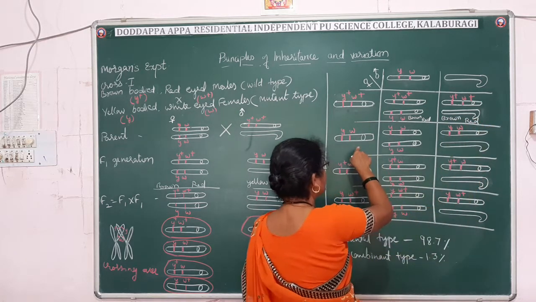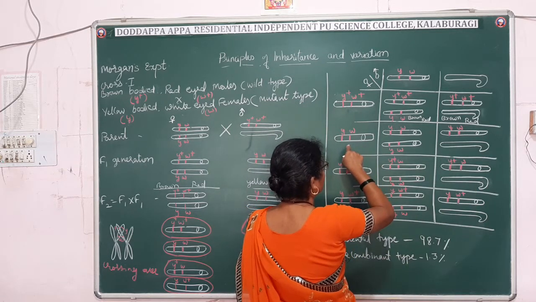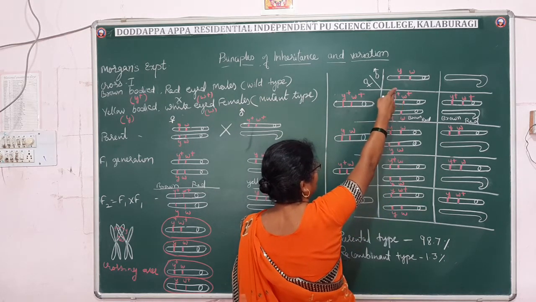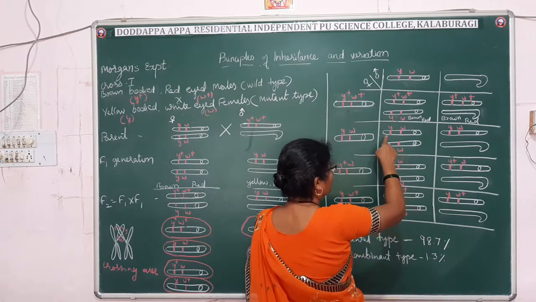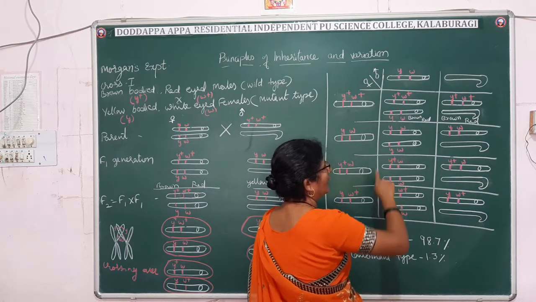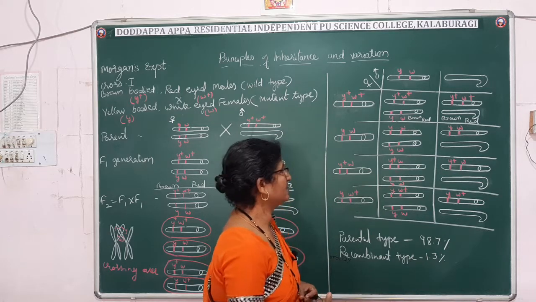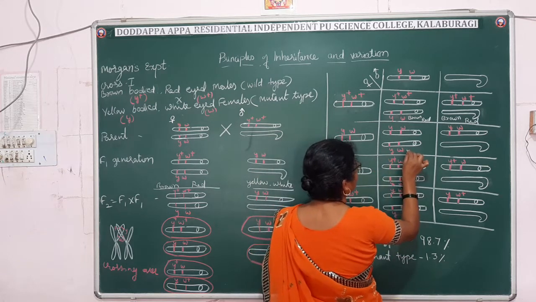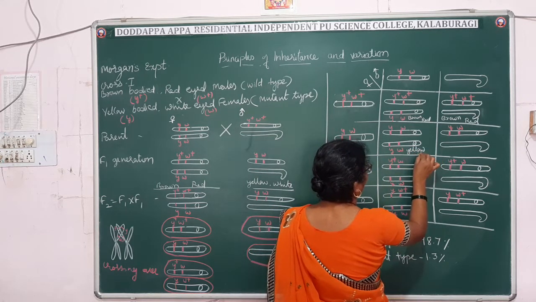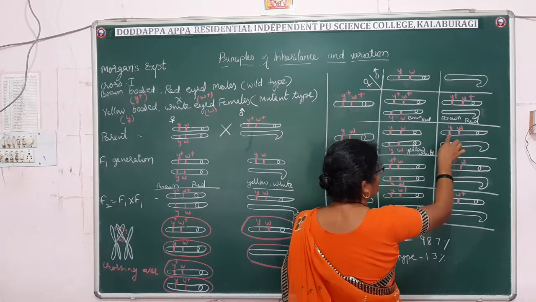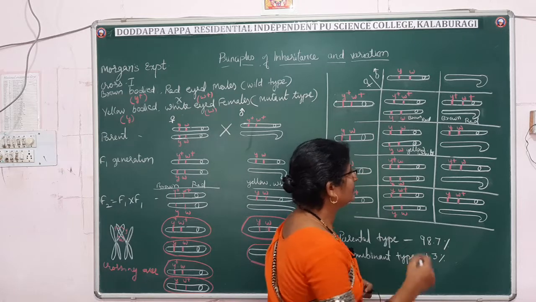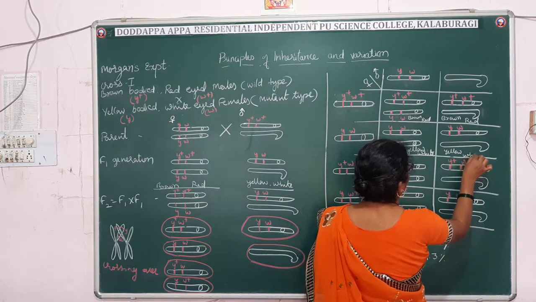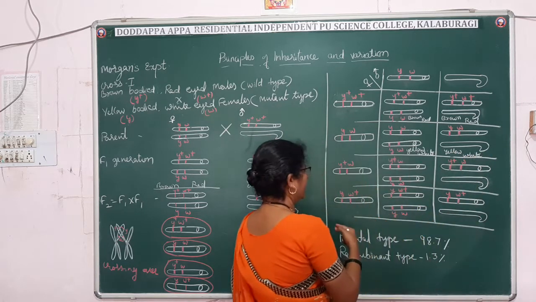Fine. Now second we will see, here X chromosome from the mother is having the recessive genes and even the father, that is males, is also having the recessive. So both the genes on the X chromosome are of mutant type, or you can say recessive type, Y and W. So what kind of character does it express? It will express yellow body and white eye. And here also recessive genes, that is mutant genes are there. So this also will express yellow body color with a white eye.